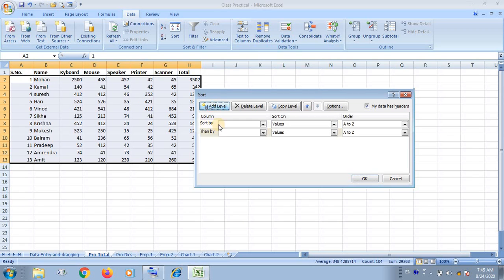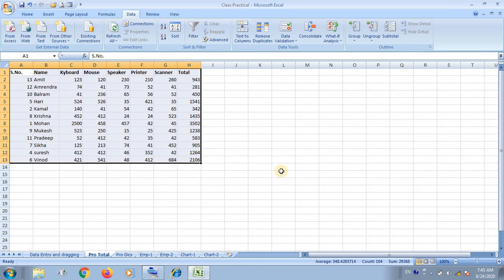I have selected one level only. By the name of the customer I want to sort the list in alphabetic order, A to Z, that is ascending order. You are looking here the ascending order.